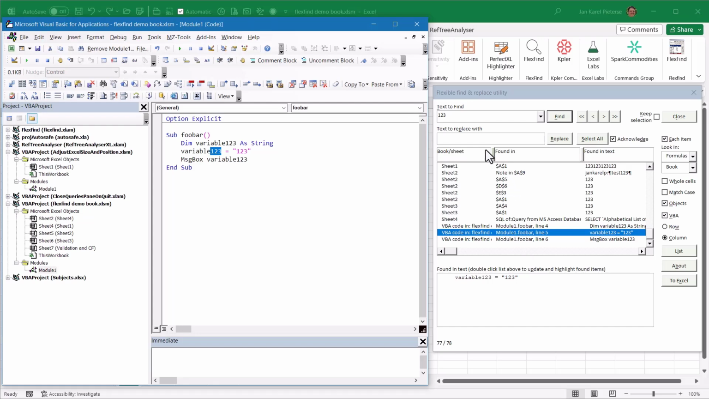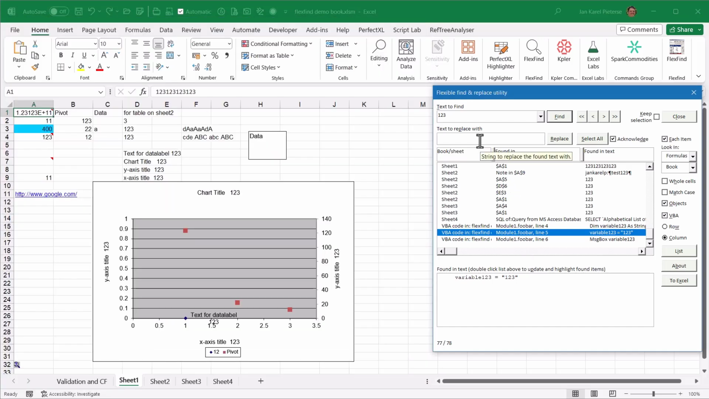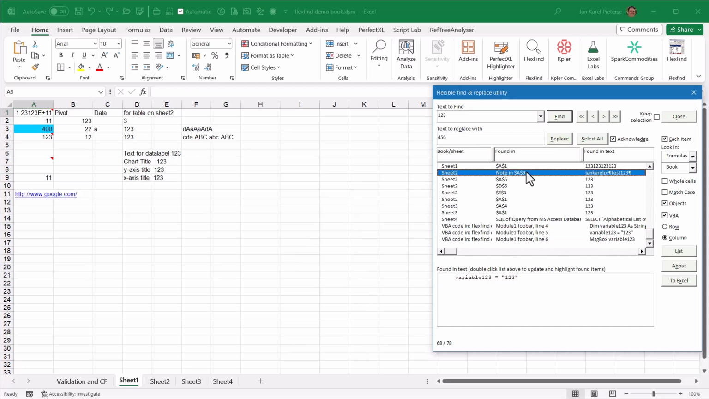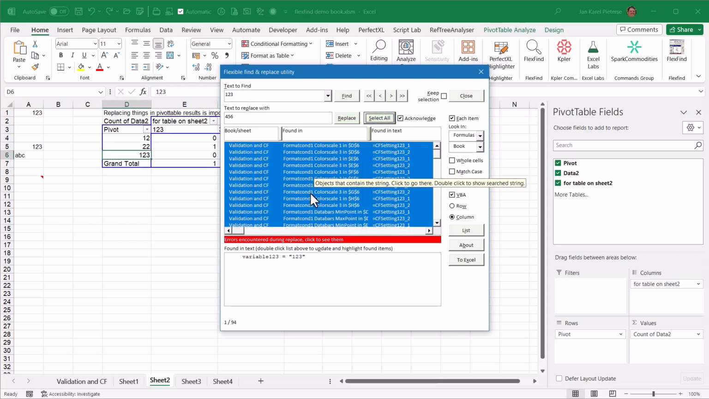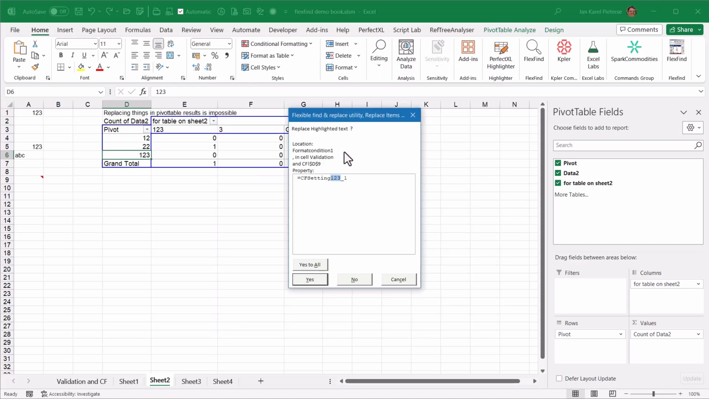So let's do a replace. Let's replace all of these 1, 2, 3s with 4, 5, 6. First we select all items in the list because we want it to run through all the items, and we'll click replace. And the first thing it asks is whether we want to replace the